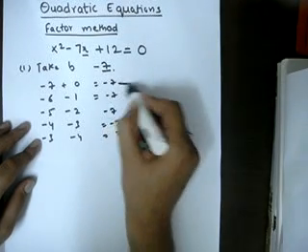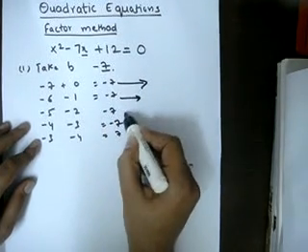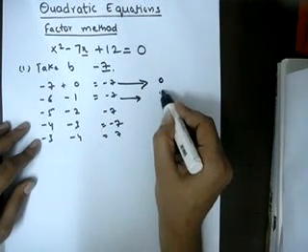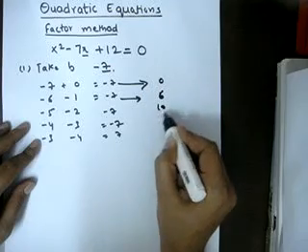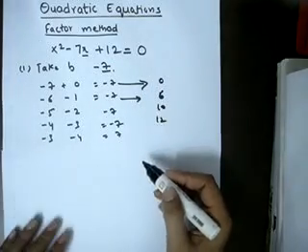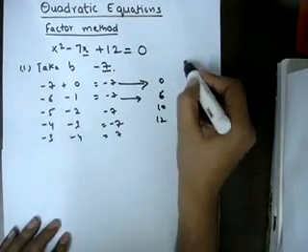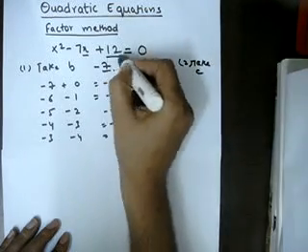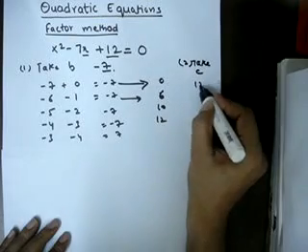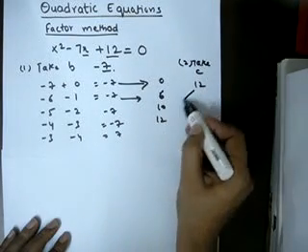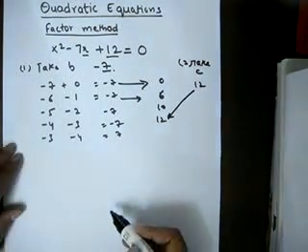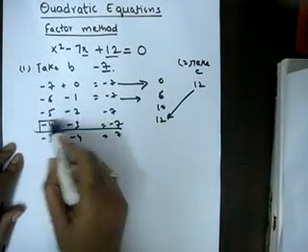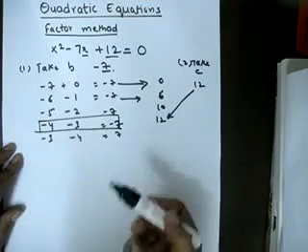Secondly, see their product. What is their product? The product in this case is 0, in this case is 6, in this case is 10, in this case is 12. So then the next step is take C. C in this case is nothing but the constant term. C is 12. Just look at that term where the product becomes equal to C, which is this, or -3, -4, same thing.